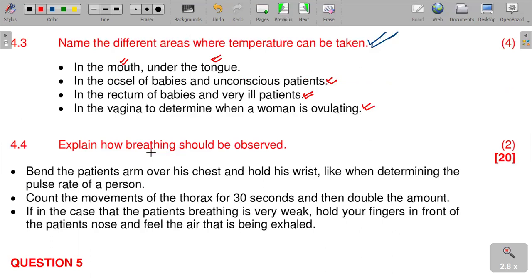Explain how breathing should be observed. Bend the patient's arm